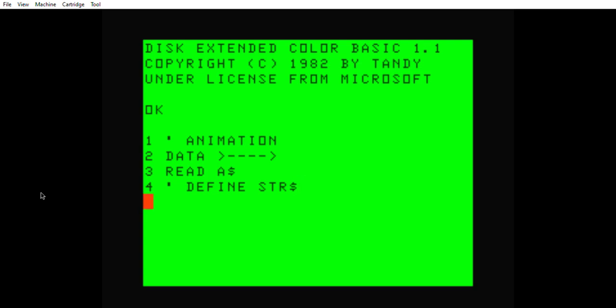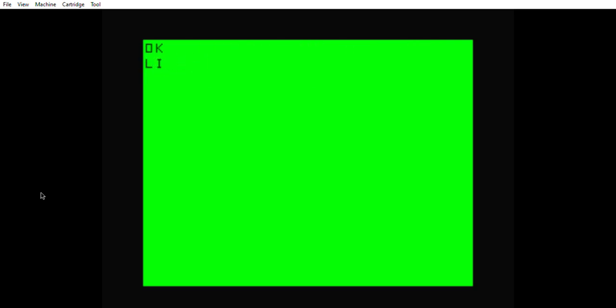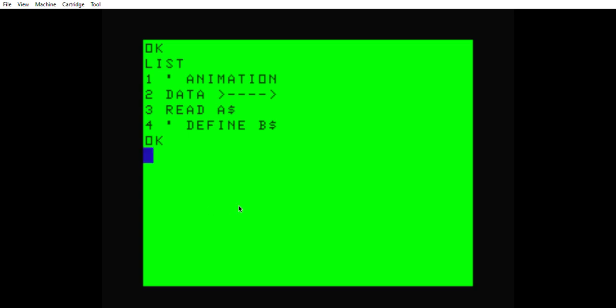No, we're going to define B$. Last time it was BM$, because that was the draw configuration of where to start. So I usually would start with BM$ equals,